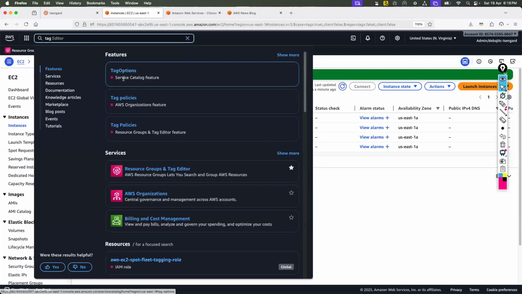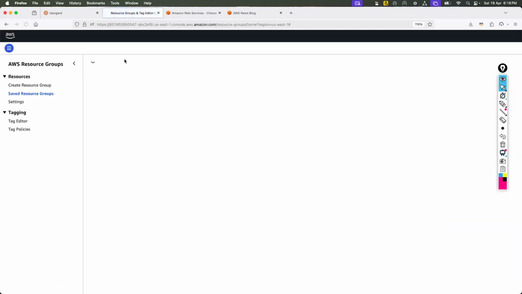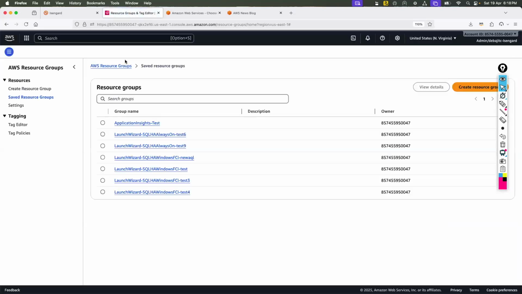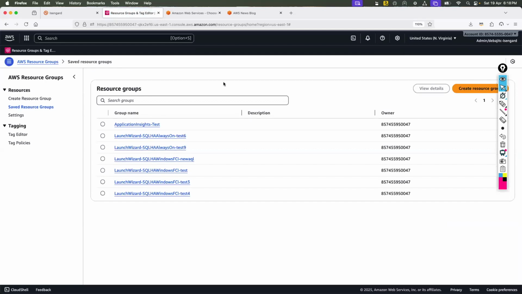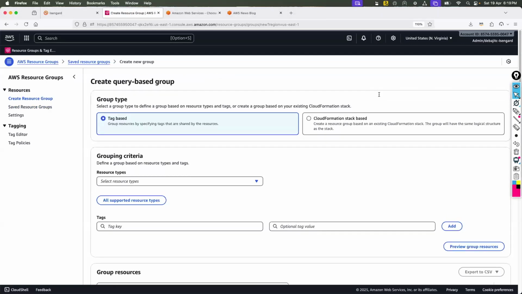If you go to Resource Groups and Tag Editor, there you can see, let's say you have a lot of AWS resources, 100,000 resources. Now how many servers are part of development, how many servers are part of different productions? It is very difficult to grab, right? So you can create this kind of resource group. We'll discuss it not now, but I'll just show you. You can create a tag-based resource group.